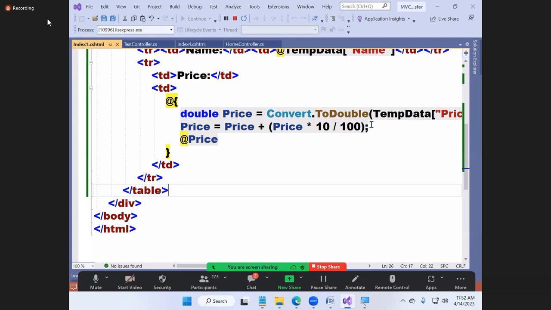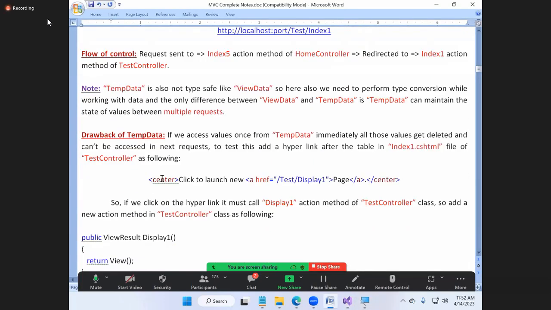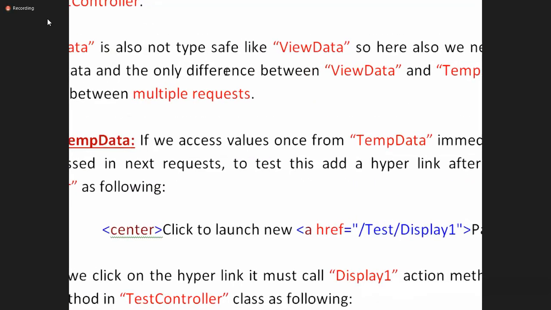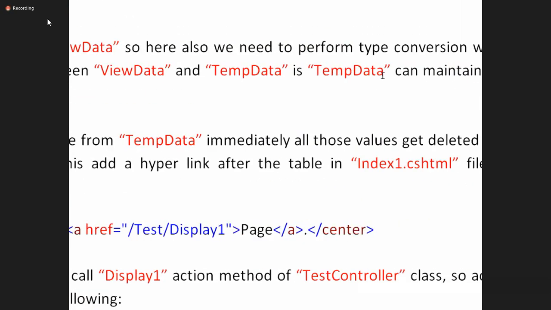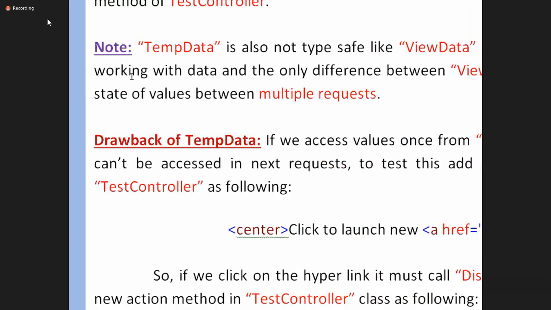We performed a conversion, what is the meaning? It is not type safe. So ViewData as well as TempData, both are not type safe. Note, TempData is also not type safe like ViewData. So here also we need to perform type conversion while working with data.